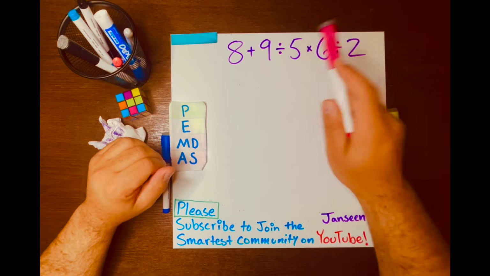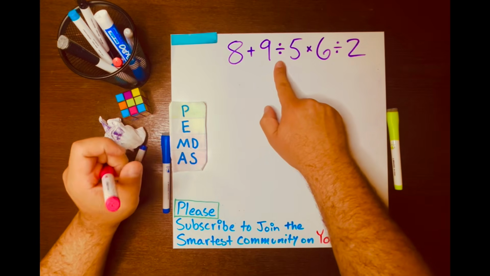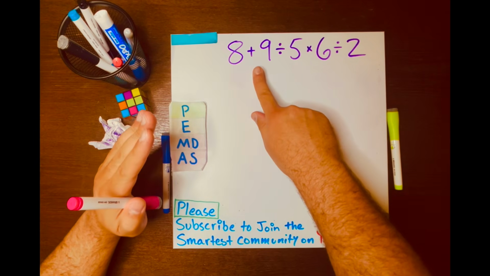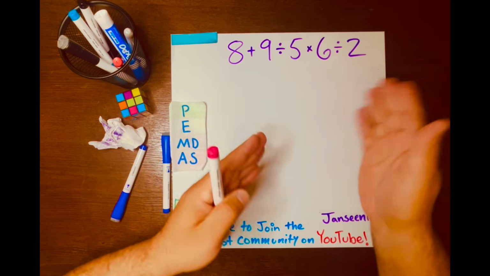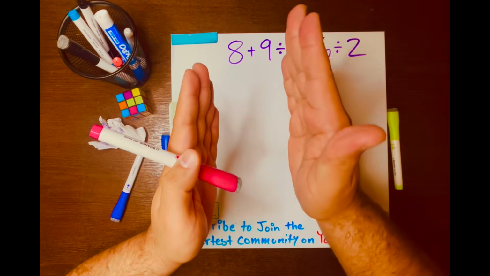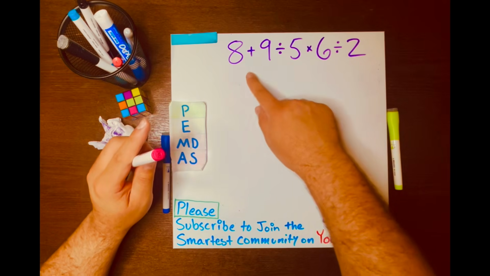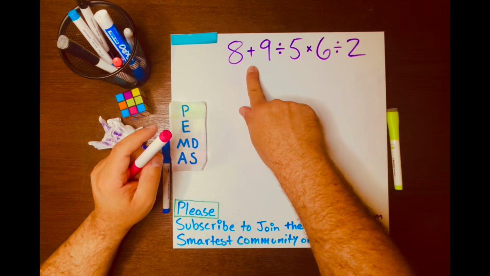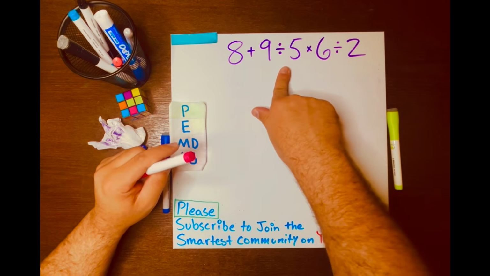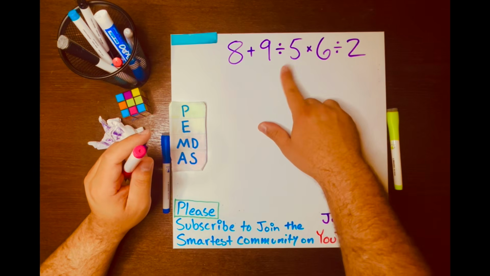You start with 9 divided by 5 because according to PEMDAS, division has higher priority than addition, and you solve these math problems with different operations from left to right. You start with the left and work towards the right. So you look at the operations, but you start with the left side. So you look at addition, okay. I look at division. Okay, I know division is higher priority than addition, but then you look at multiplication and